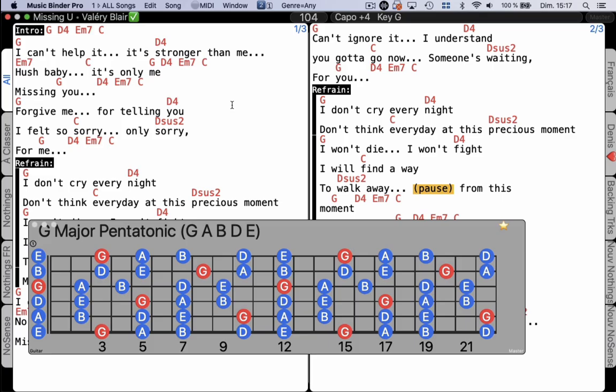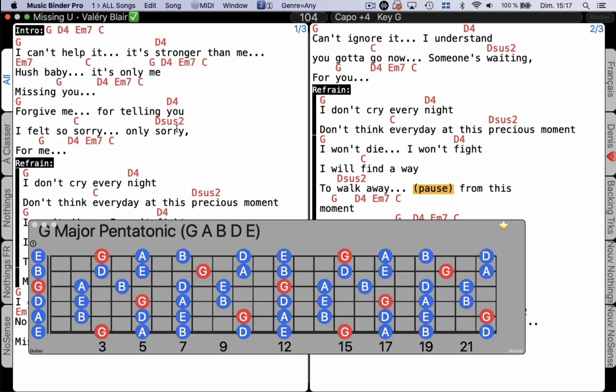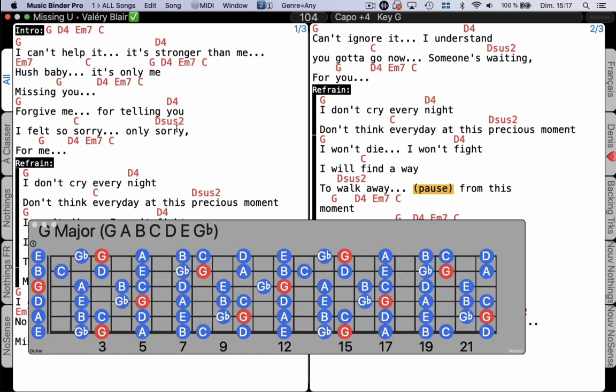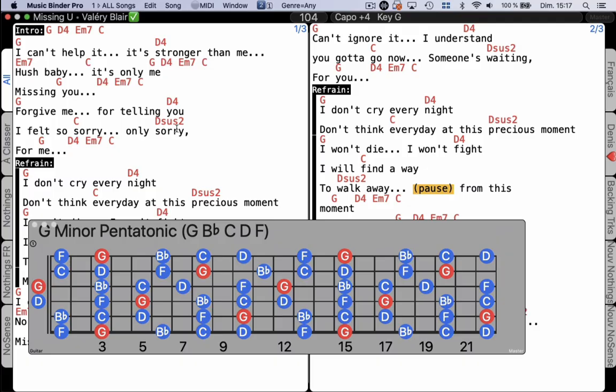But if I want to change the scale or the key for this window, I don't have to select the window. I can keep the focus on the song and use the shift key on my keyboard. When I hold the shift key, I can change the scale of the scale window,